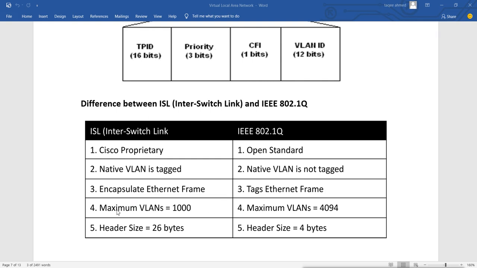The maximum VLAN support in ISL is 1000, but in 802.1Q the maximum is 4094. The ISL header size is 26 bytes, while here we have only 4 bytes. That is why Cisco itself is not using ISL now.